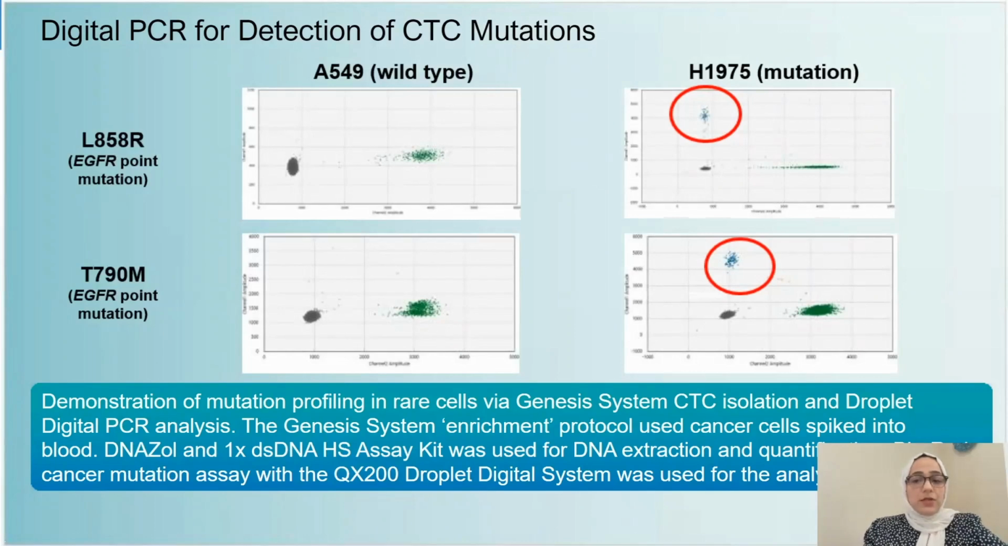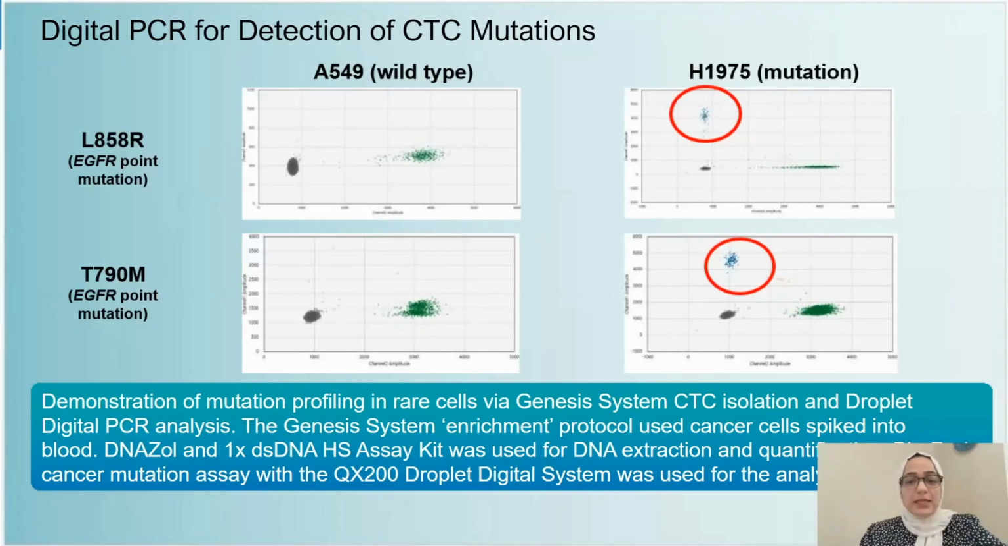In addition to conventional CTC enumeration studies, Genesis is compatible with downstream molecular analysis, including ddPCR. In this specific study, we spiked two different lung cancer cell lines into a blood sample. A549, which is a wild type with no EGFR mutation, and H1975, which has two point mutations, L858R, and